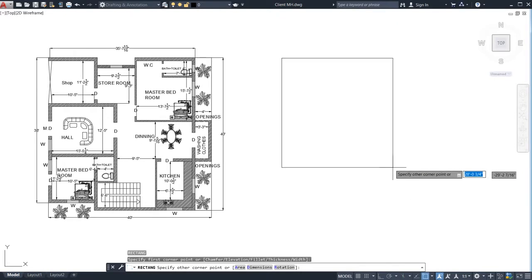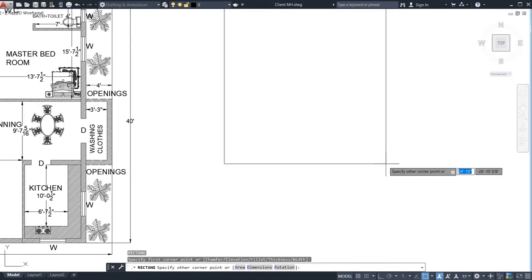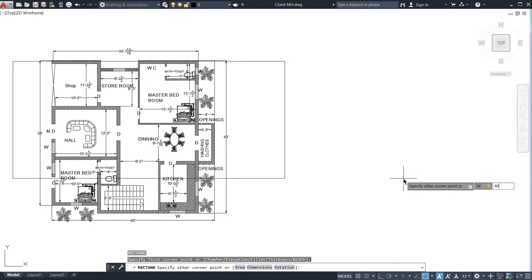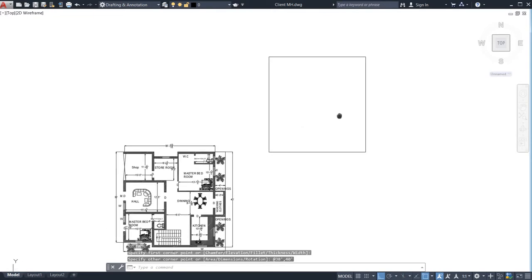I have already told you that the built up area I have taken is 40 feet into 38 feet. So this will be my built up area. Now I am going to give the input as 38 feet, then press comma, then 40 feet, right? Just enter it. Now you can see the same rectangle I got here.